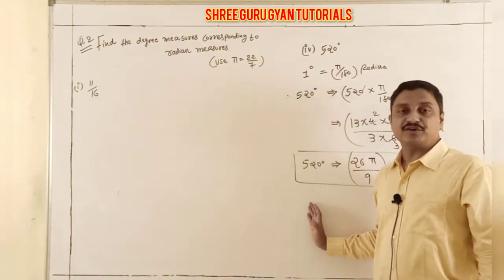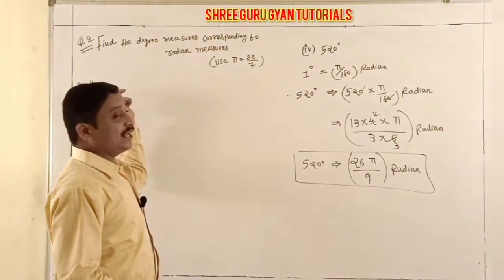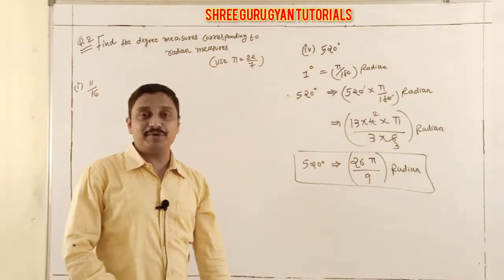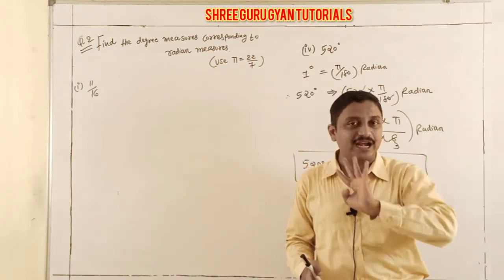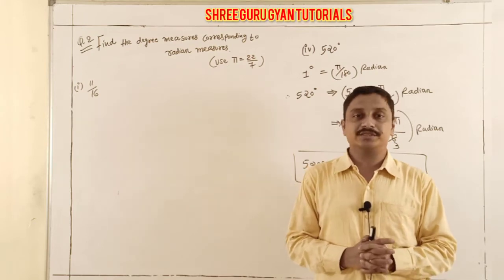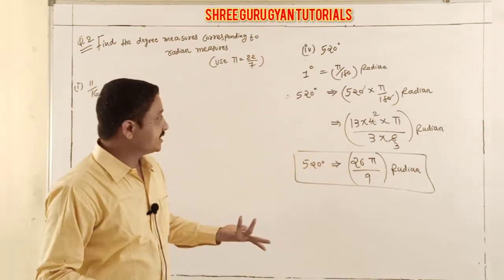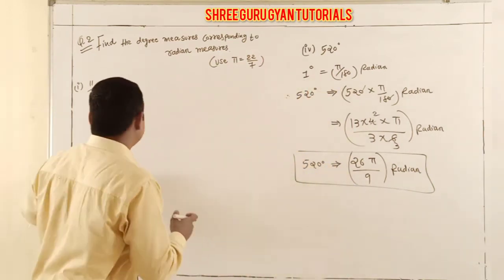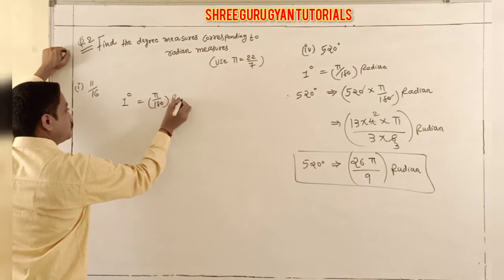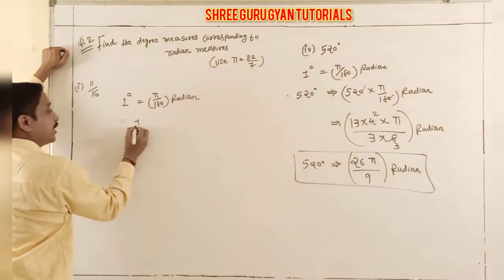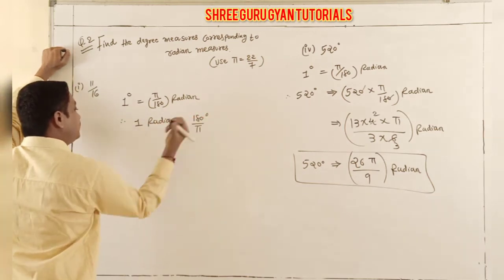Now after completing our first question, I go into question number 2. Question 2 is asking, given the radian measure, translate into degree measure. So students, in degree measure, you translate up to minute and second also if they exist in the question. Here the question is given 11 by 16 radian and I translate to degree. Same formula applies. 1 degree is pi by 180 radian. Yes, you know that. So what is 1 radian? It's very easy: 180 by pi degree.